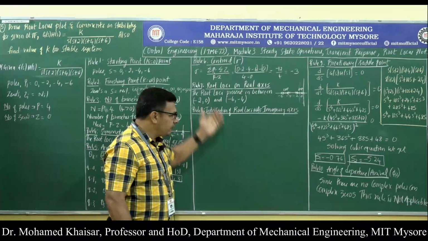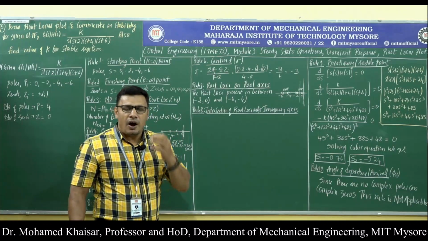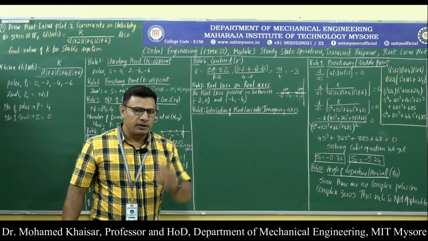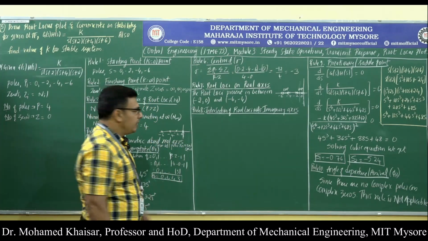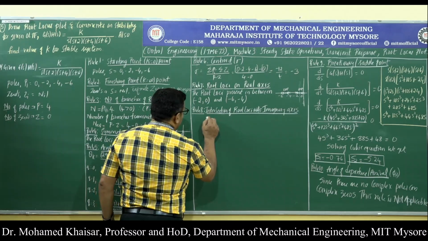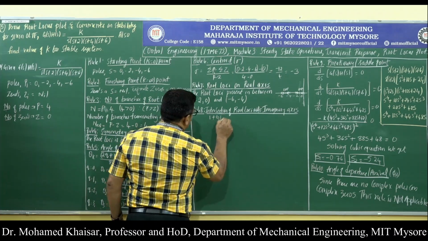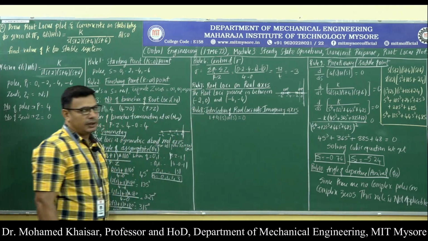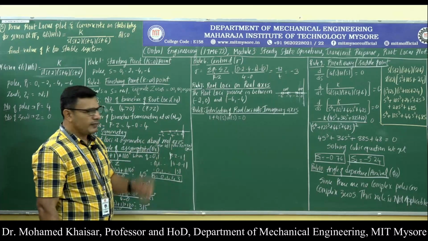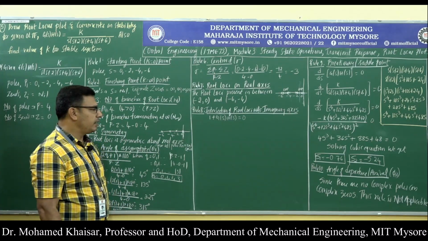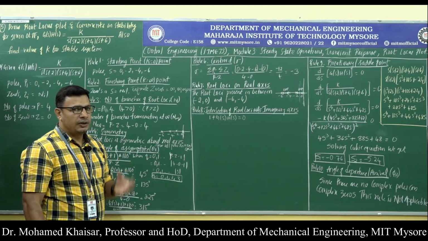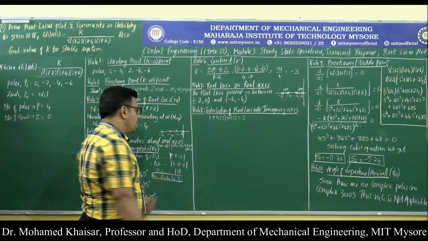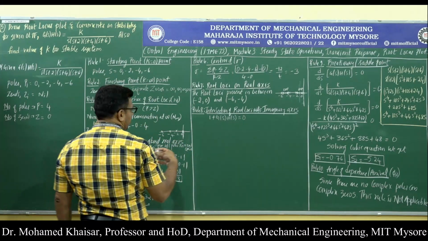So, analytically this is how you are going to assess how much parameter will keep the system working in a stable fashion. So, how to know this? This is to be known by using 1 plus GS HS equal to 0. If you use this, then you are going to arrive at the intersection of root loci with the imaginary axis, and you will be able to assess the value of k. You will be able to tell for what value of k the system is going to be stable. Okay, so 1 plus GSHS equal to 0.